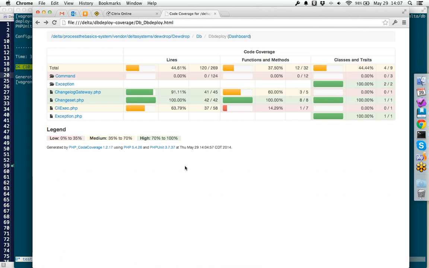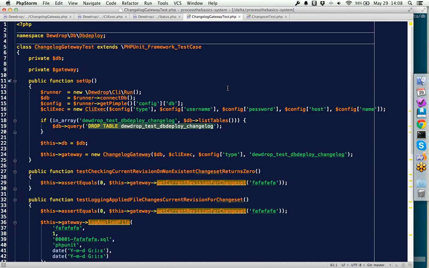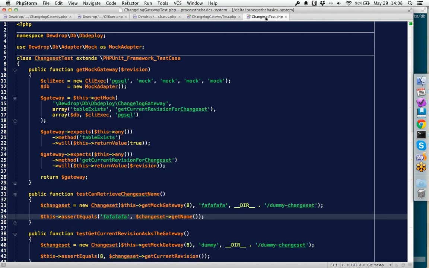So 100% coverage is not always the goal necessarily, but you want to make sure that you're hitting the major code paths in the class that you're testing. So looking at the tests themselves for those two classes, the changelog gateway and the change set, there are a few important concepts to note. The first, and we'll start with the change set because it has more complex dependencies,